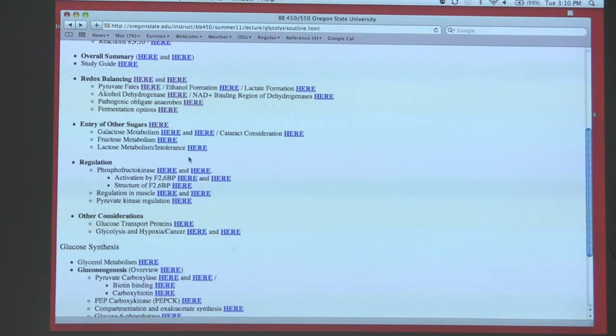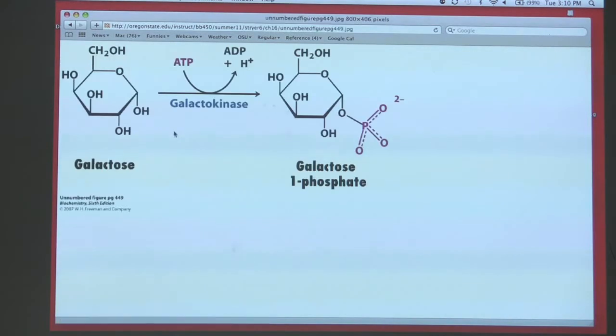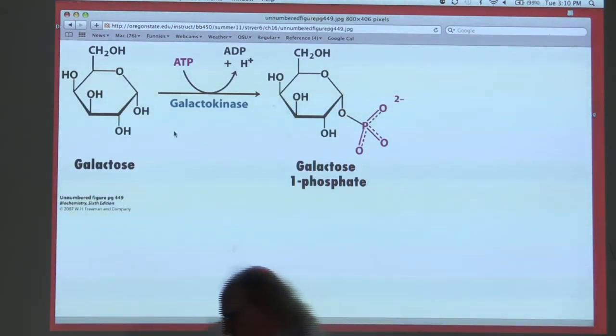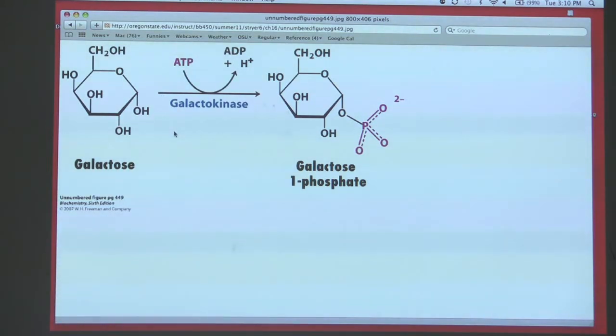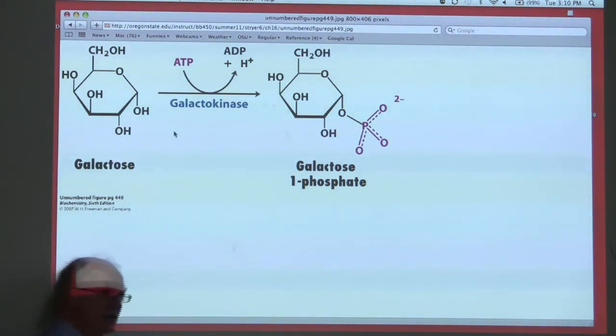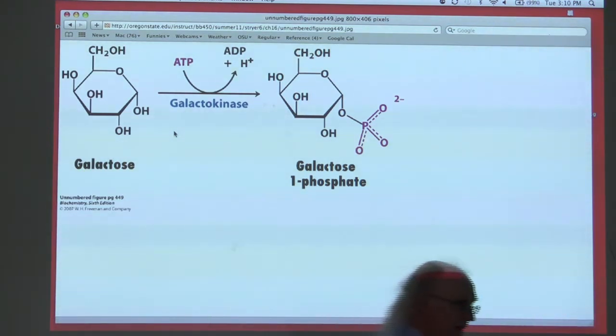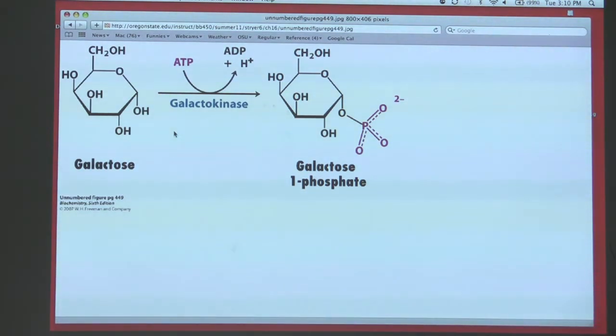Okay, well, let's look at galactose metabolism first. Galactose is, as I referred to earlier, milk sugar. Well, it's a component of milk sugar. Milk sugar, of course, is lactose, which is a disaccharide comprised of galactose and glucose. So when you break down lactose that you get in your diet from drinking milk, eating ice cream, etc., you produce an abundant supply of